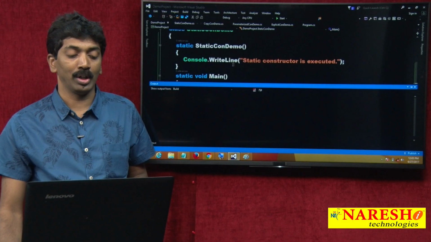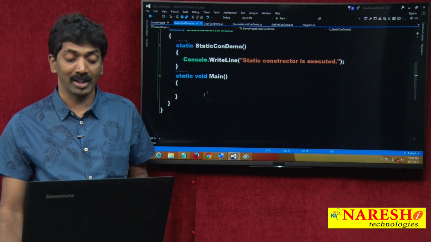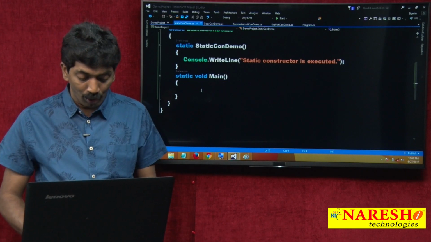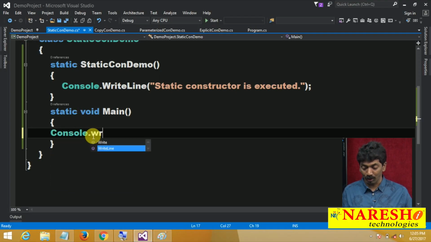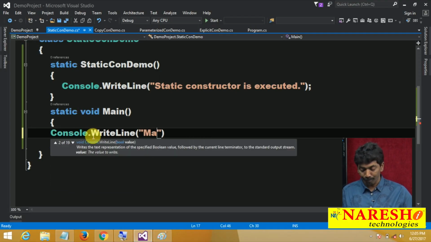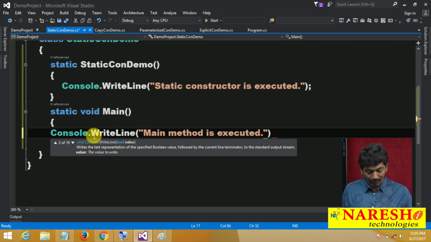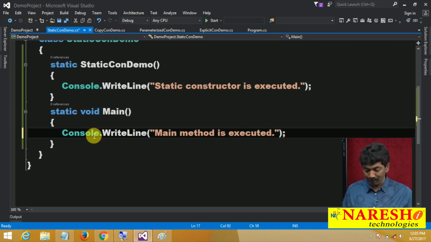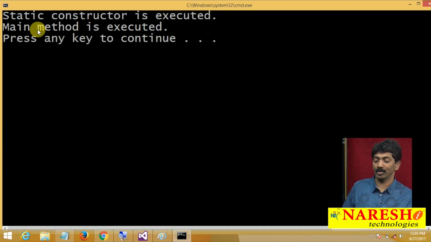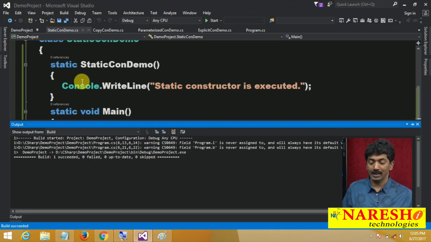And one more important point, they are first to execute in a class. Suppose you have written a print statement console.writeLine, main method is called, main method is executed. But just notice first what is executed, static, afterwards main method. Means is the execution going to start with a static constructor?